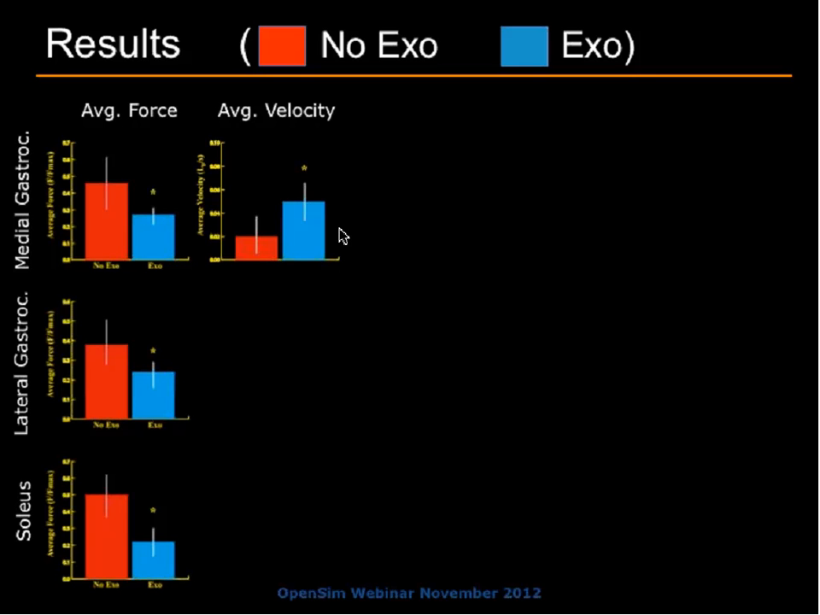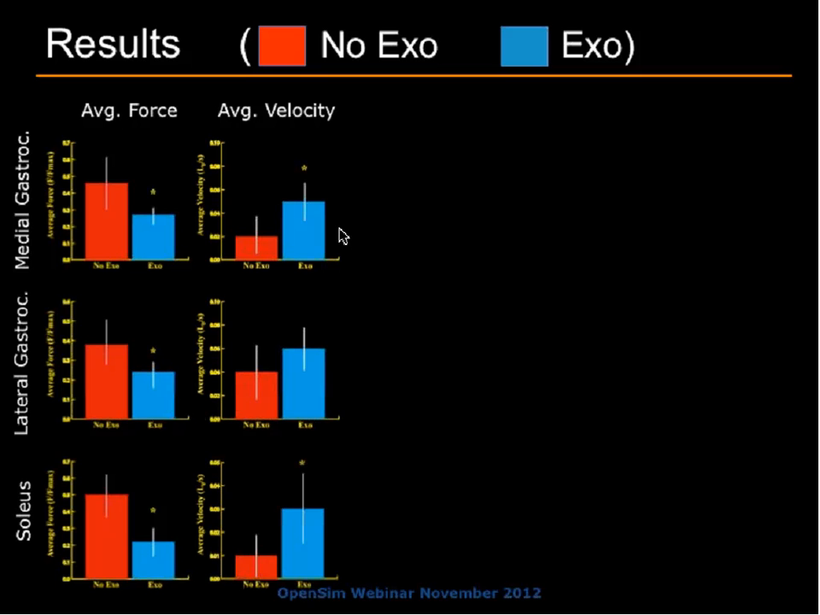However, on the other hand, what we saw, which is also as predicted, is that the average velocity of each of these muscles during ground contact tended to increase. And particularly for the soleus down the bottom here, you can see that this was actually almost a threefold increase in average velocity during ground contact for that muscle. There was no significant change for lateral gastrocnemius, and there was a reasonable increase for the medial gastrocnemius in average